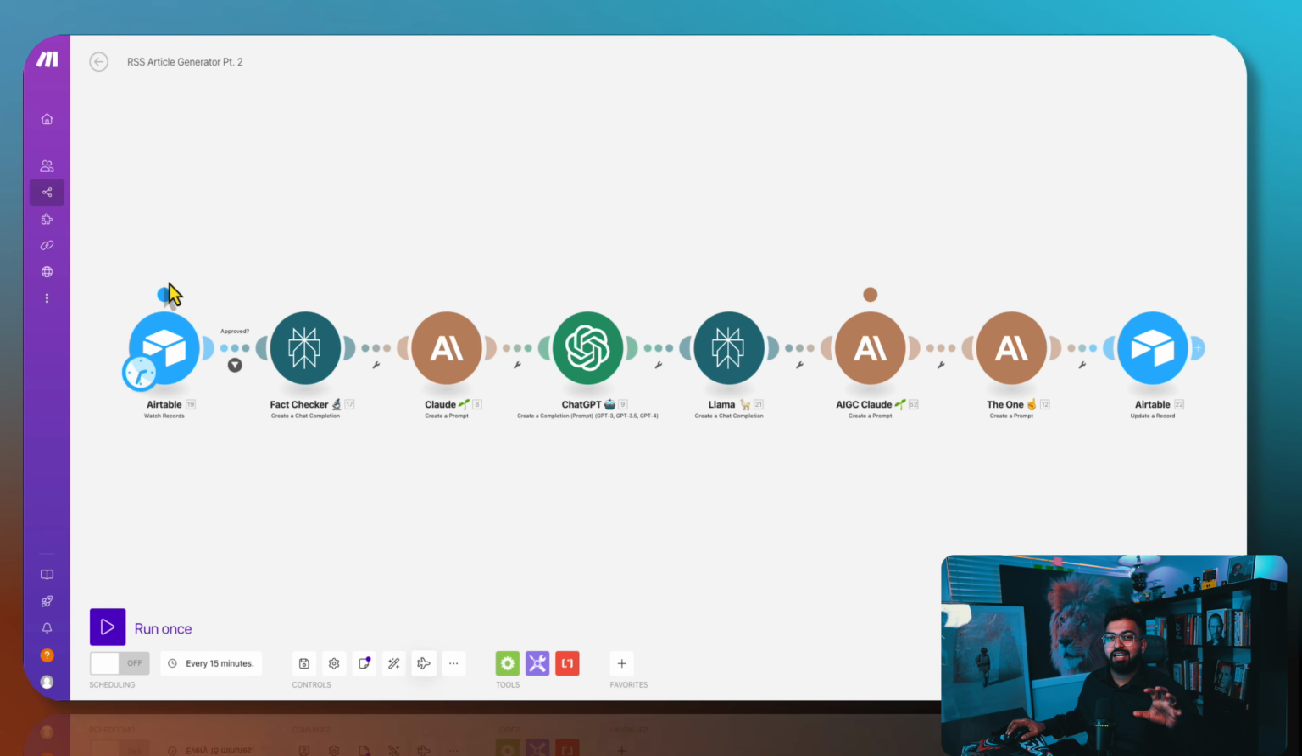generator, that initial research analysis, and we will pass it to 3 of the best large language models that are available: Claude 3.5 Sonnet, ChatGPT 4.0, and LLaMA 3.1, the latest version that came out last week. So once we have these 3, this AIGC Claude, this is a brand specific, 100%